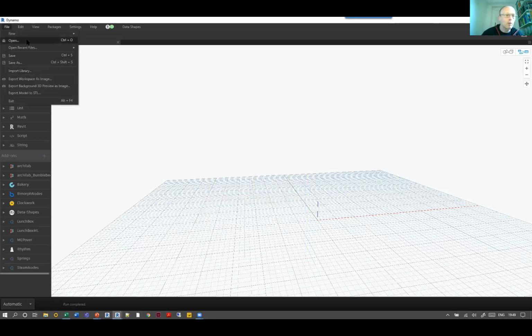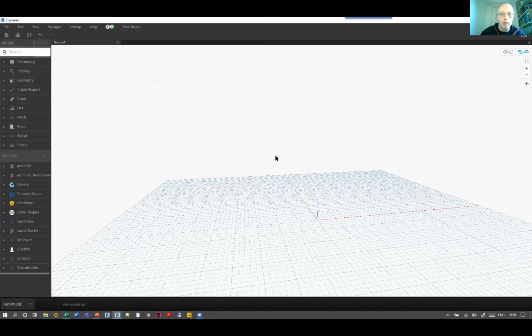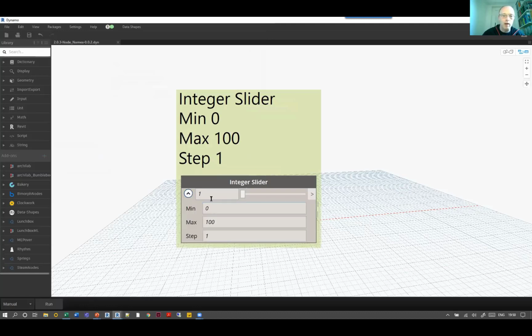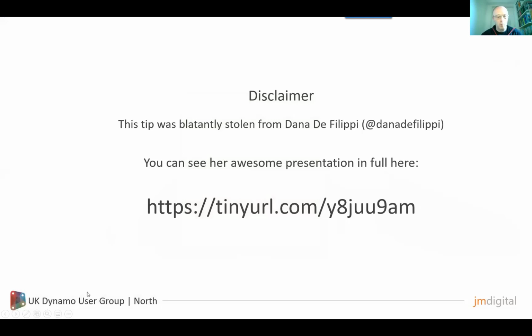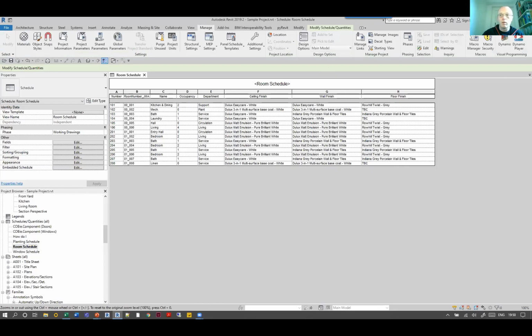So I've got a couple of files here that I prepared. So I'll just open that. What we've got here is an integer slider. And with an integer slider, we can set values on that, so max, min, and the step that the integer slider will follow. And what Dana wanted to be able to do was allow users to see this information, what the maximum and minimum was, whenever they were in Dynamo Player. So if we just close this and go back to Revit and go to Dynamo Player,